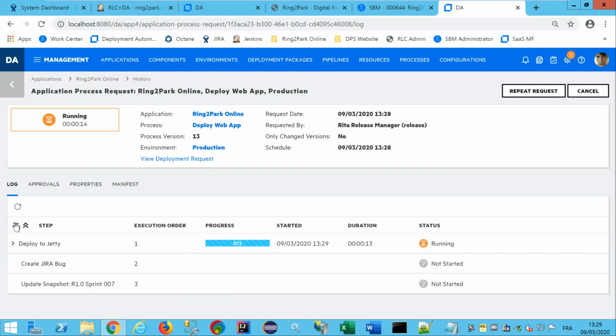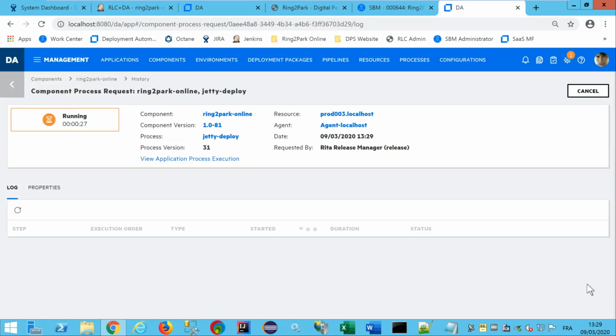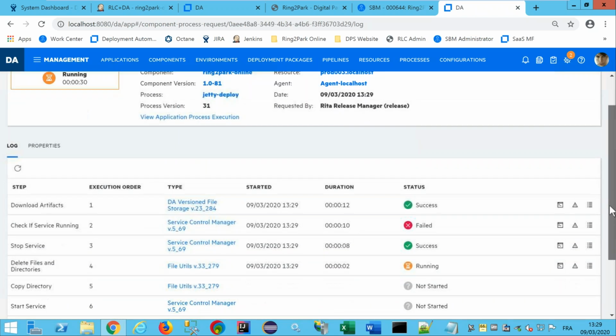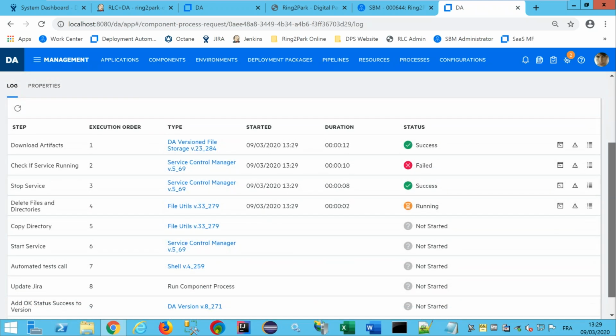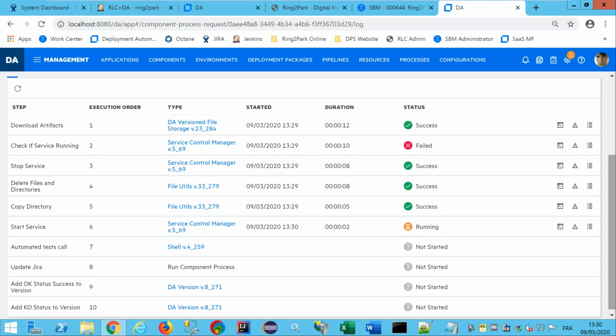So the deployment is running. So we see here, this is for production. The version is still the same, 81. The name of the server is different, it's pod 003. And again, you can have a look at details. So the same stuff. Deployment automation downloads the new application version. It checks the JT services, starts the JT services.